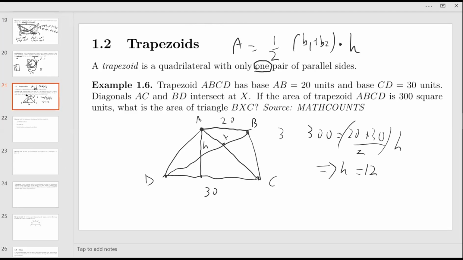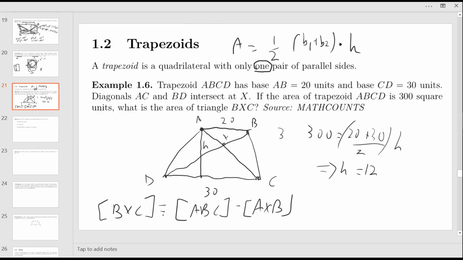Now, to find the area of BXC, we can just find the area of ABC minus the area of AXB. So the area of BXC equals the area of ABC minus the area of AXB. So how do you find the area of each of these? ABC has base 20 and height h, and we found h to be 12. So the total area is 20 times 12 over 2. And then AXB,